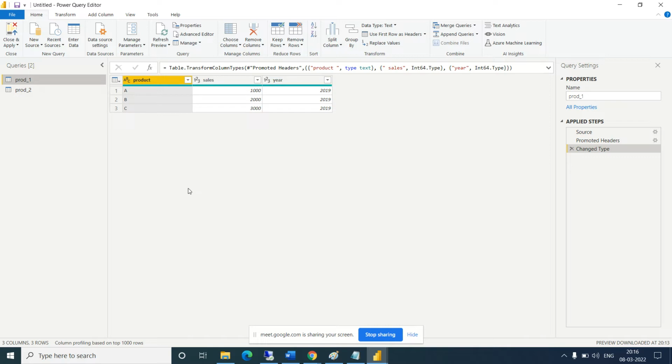Okay, so we have two tables. So let's try to do the append query. How to do the append query? Just select a table and go to Append.